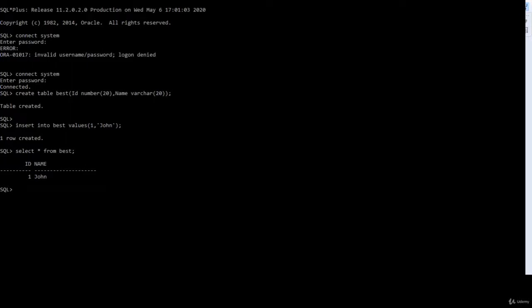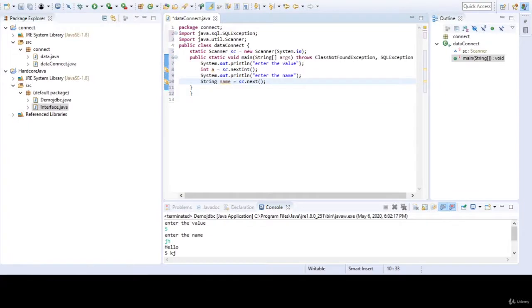After this we are going to import some properties, and then call the driver. This is the main step for connecting our database. Class.forName, this is where the Oracle driver is.